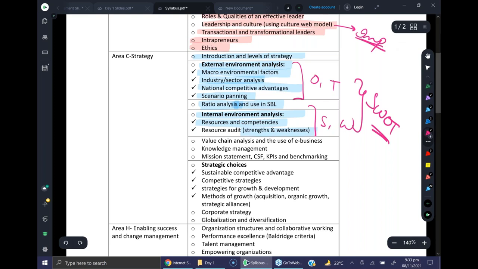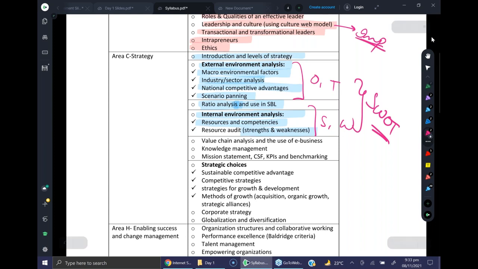No, actually, the ratios coming from FM and PM are too many. We don't need that much detailed ratio analysis in SBL. So maybe a couple of them would work. Rahul, is that okay? Okay, now the other areas which need to be covered in the strategy area: value chain